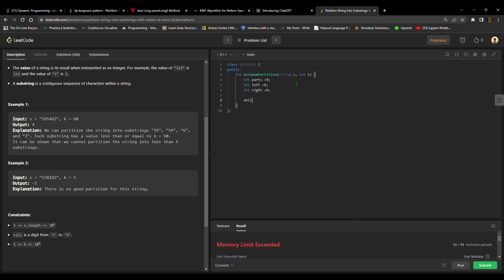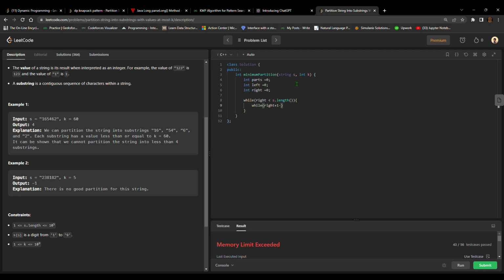Okay, so while right is less than s dot length, what I would really do is just go on iterating from right plus 1